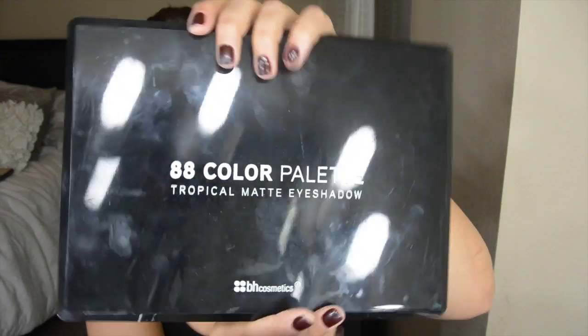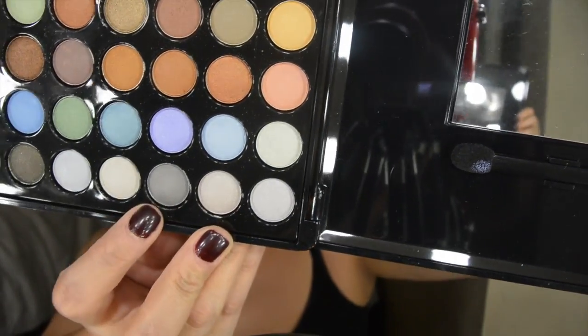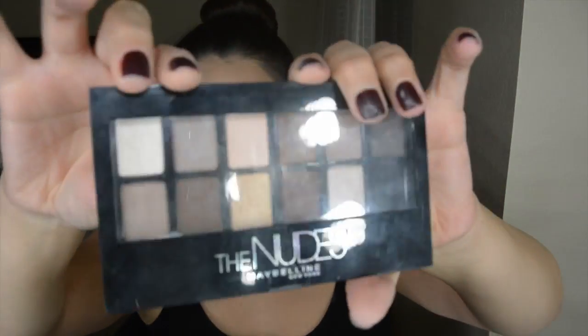Taking my BH Cosmetics Tropical Matte Eyeshadow Palette, I'm going to take these two gray shades, and then from the Maybelline The Nudes, these two brown taupey shades. But first I'm taking the gray shades on a blending brush, and I'm just going to start blending those two colors in under my eyes to create bags. So wherever you would normally have your bags,